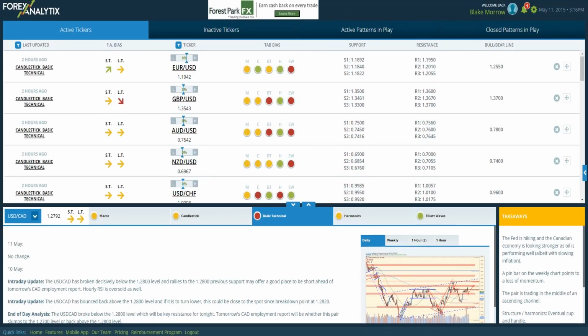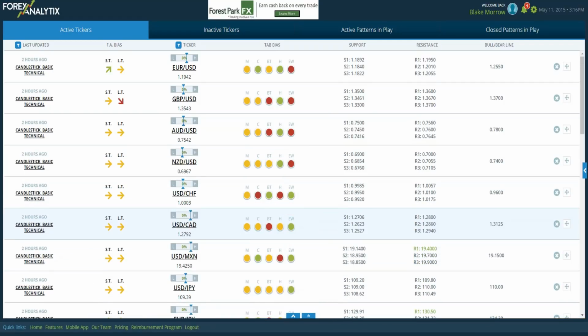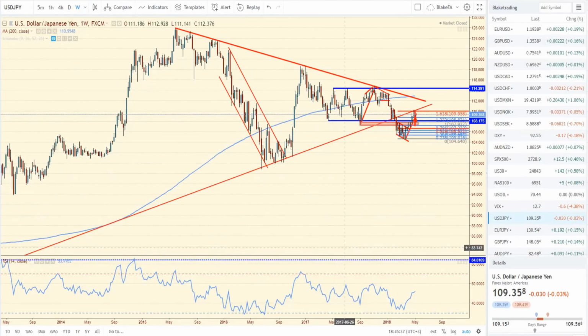Now, one of the things that I'm watching most carefully, and I'm actually going to take it off ForexAnalytix here for a second. I want to take you out to the charts that I drew, because the analysis on ForexAnalytix throughout the course of the week, I do most of the basic technical analysis, if not at nights, as we close out the North American session. Steve and the rest of the team do the weekend analysis. So I wanted to give you my specific views. If you've been watching all week, ForexAnalytix, you pretty much know them.